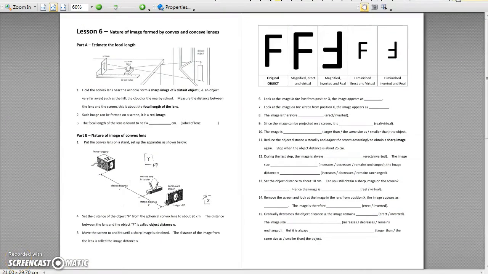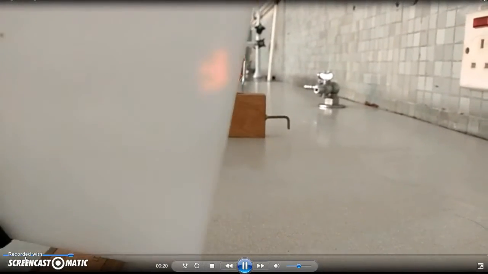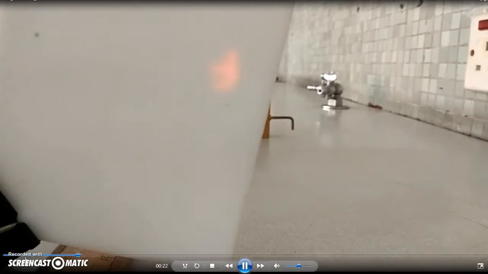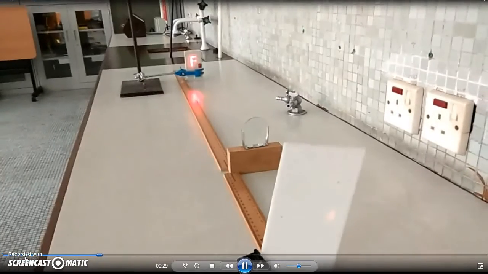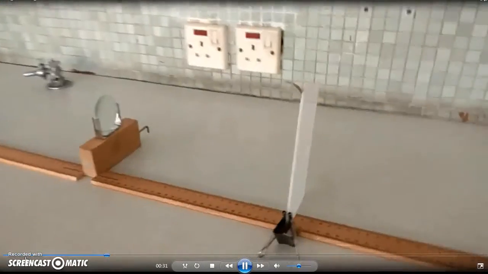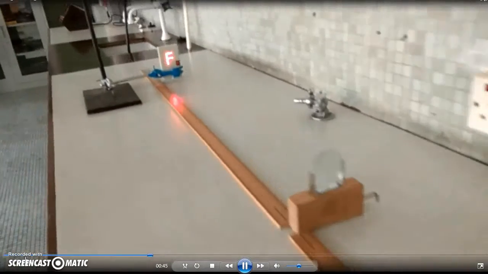Do you remember that you have done this experiment using a convex lens? And this was what happened. First, there is a screen. You may look at the image on the screen, or you may look through the lens directly. At the beginning, the object, which is an illuminated F, is very far away. At that time, the image is formed on the screen, which is an inverted F.